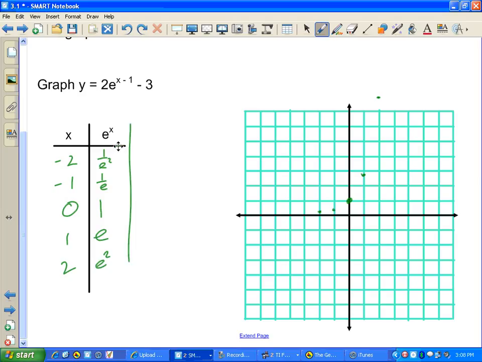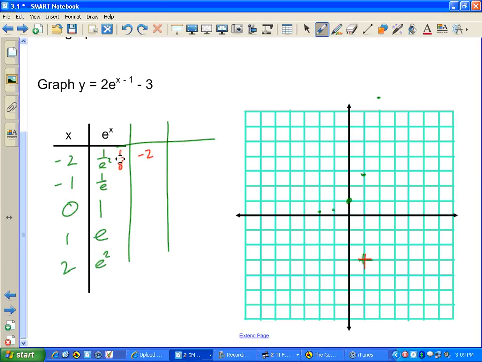Now if I start transforming that, I don't have anything to factor out. This has been moved to the right 1 and down 3. So here, this is moving right 1, down 3. This is my new kind of starting point. Let's change colors here. So from there, I'm still going to go back 2. But now instead of this, which was about 1/8, a little less than 1/8, so now I'm going to go over